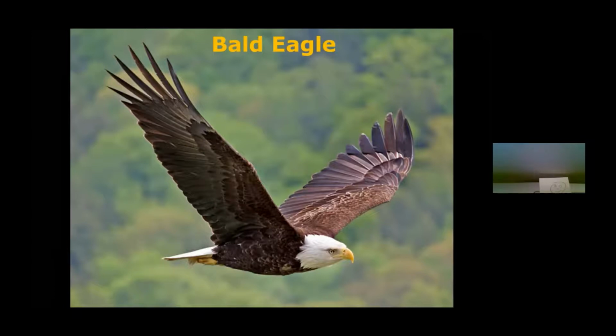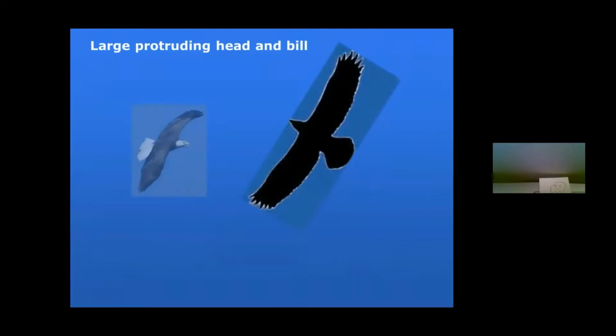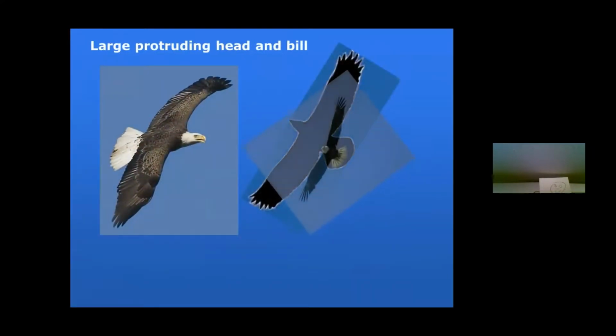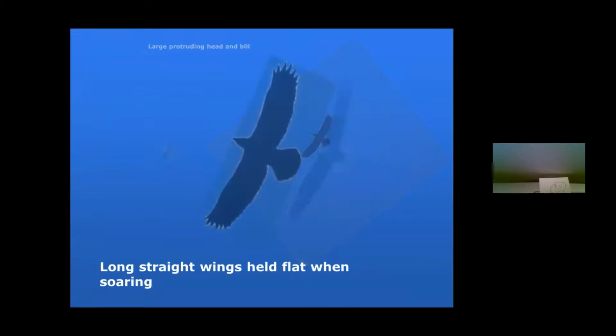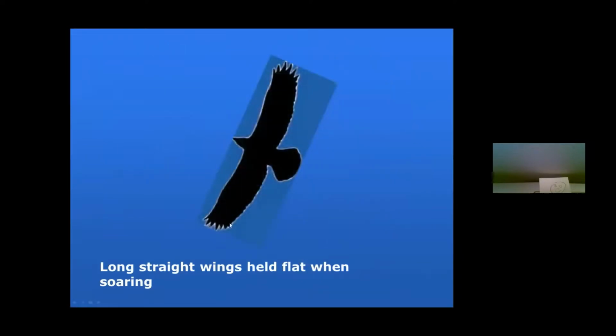So the bald eagle, beautiful bird. I took this picture up in the UP of Michigan, and I was actually looking down on the bird, which was kind of unique. So what are the characteristics of a bald eagle? Large protruding head and pretty flat, planky, straight wings. You notice the bird looks like a 2x6 or a 2x8. Just very straight on the front and the back of the bird, large protruding head, then it looks like a board or a plank shape. That's distinctive even at the distance. Even if that's all you see, that's as much detail as you need.